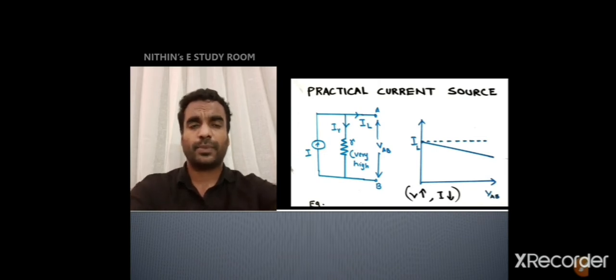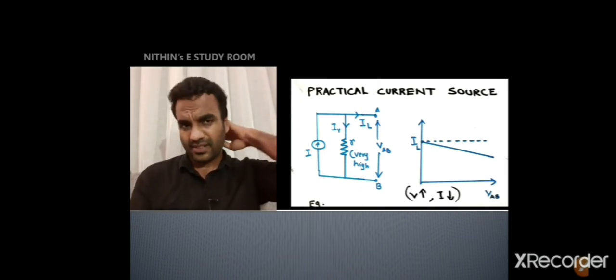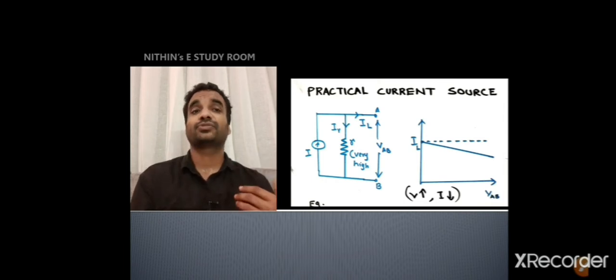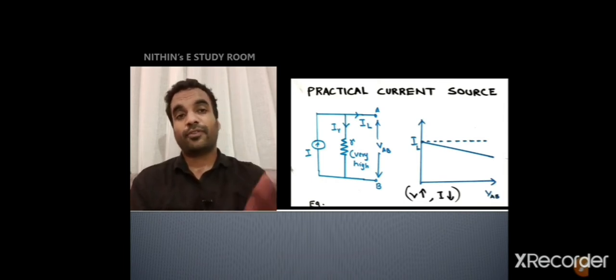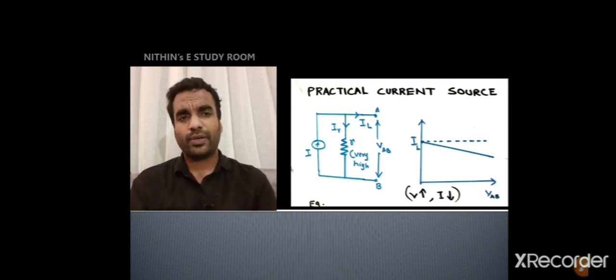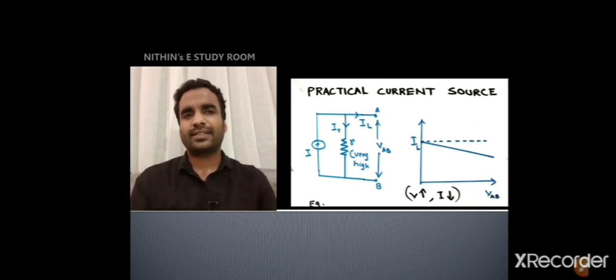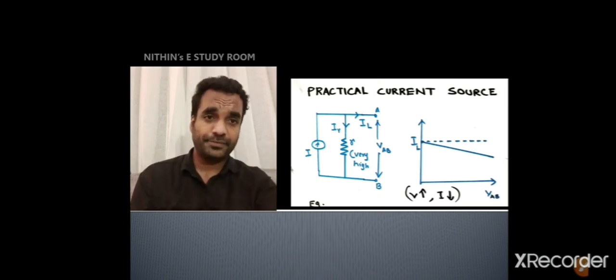Very high means normally it may be given in the example, but normally the value will be very high, because what is our aim of the current source? It has to deliver current to the load. If we represent the current source with a very low internal resistance, what happens? The entire current will pass inside the battery itself. I'm explaining it for understanding's sake; it is not exactly like that. You have to understand that you always connect a high resistance in parallel with the current source, and in the case of an ideal current source the resistance will be infinity.